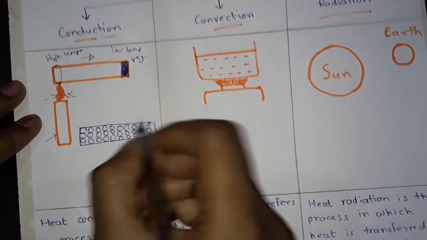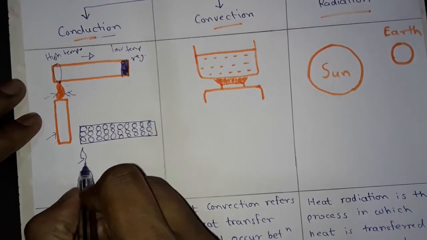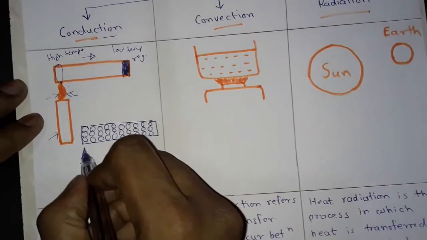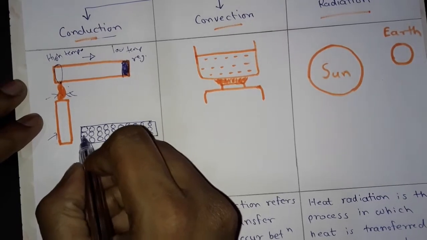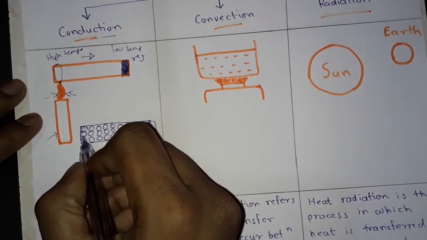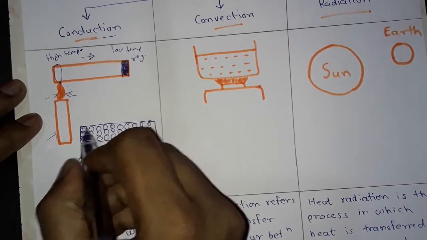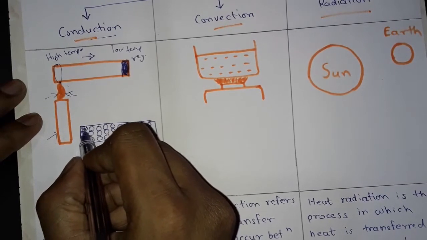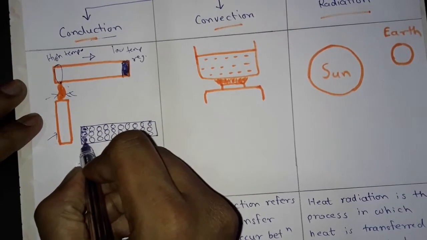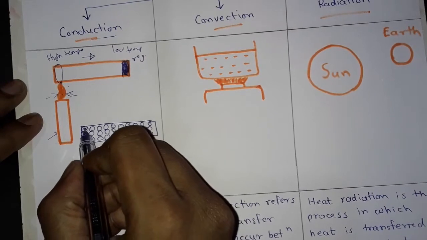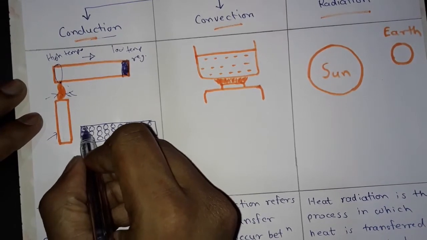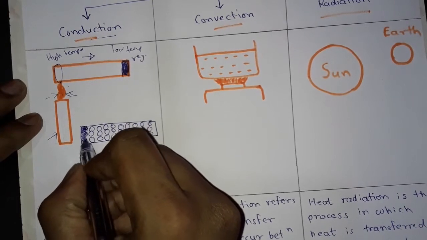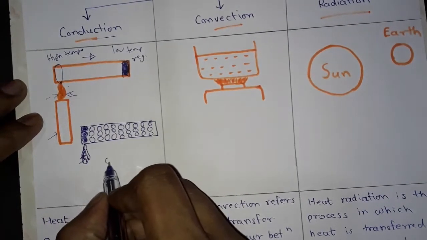And here you can see this is our flame, and this flame transfers heat to these molecules first, and these molecules vibrate about their position without moving. There is no movement between these molecules, they only vibrate about their mean position, like this,